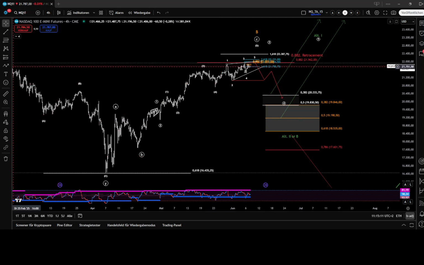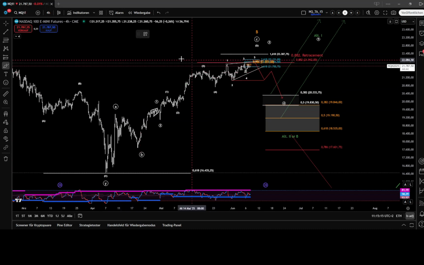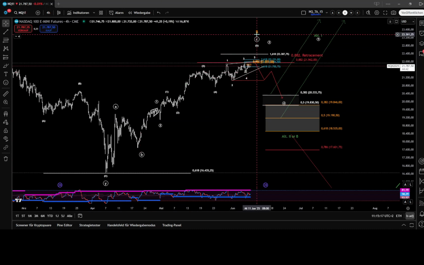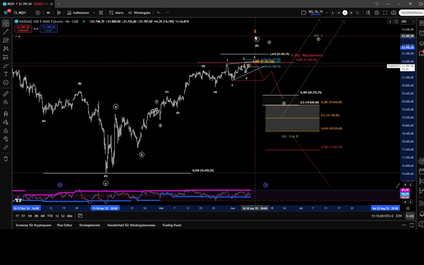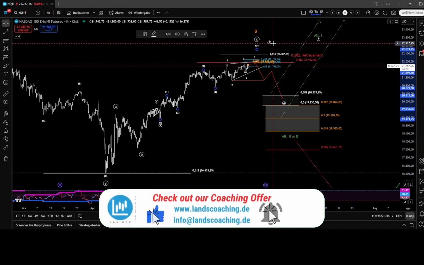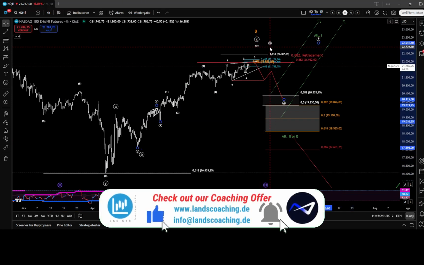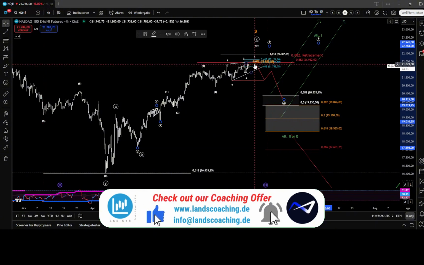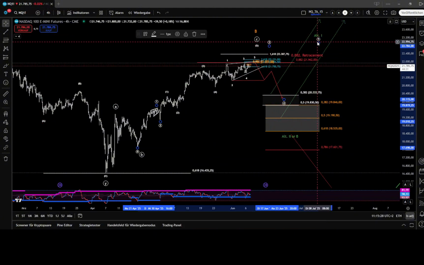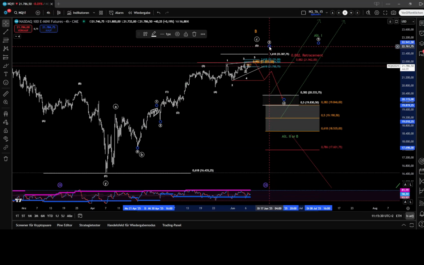I just want to go over the two scenarios that are on the chart right now, and that is either the finishing of the B wave here in orange or the third wave here in the circle wave 3 with upside continuation. But I will talk about that in a second. So in a detailed